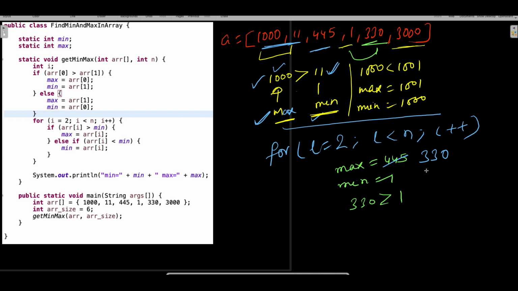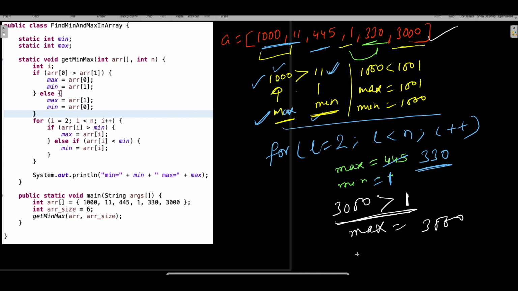Now my max became 330, the min has no impact, right, min is still 1. So now again it is going to change, and min is still 1, max is 330. So again, now what happens, guys, there is a number called 3000. Now 3000 will come out, and again I will compare if the 3000 is greater than my max number. If this is the case, then again my max will change, because whoever is the bigger, that is going to be the maximum number.